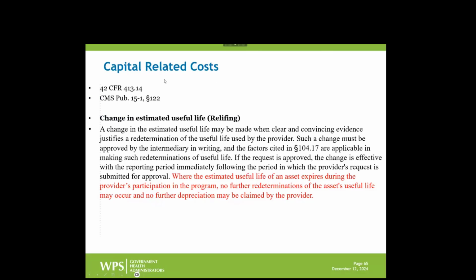Now we're on to our final big topic, and that's the capital-related costs. Now there are a ton of different items we could cover with capital-related. We've obviously got about 25 minutes left, and I've picked out a few things that we want to focus on. But with that being said, I want to mention, and we'll see this at the very end slide or one of the last slides, this is on my list for YouTube videos as well.